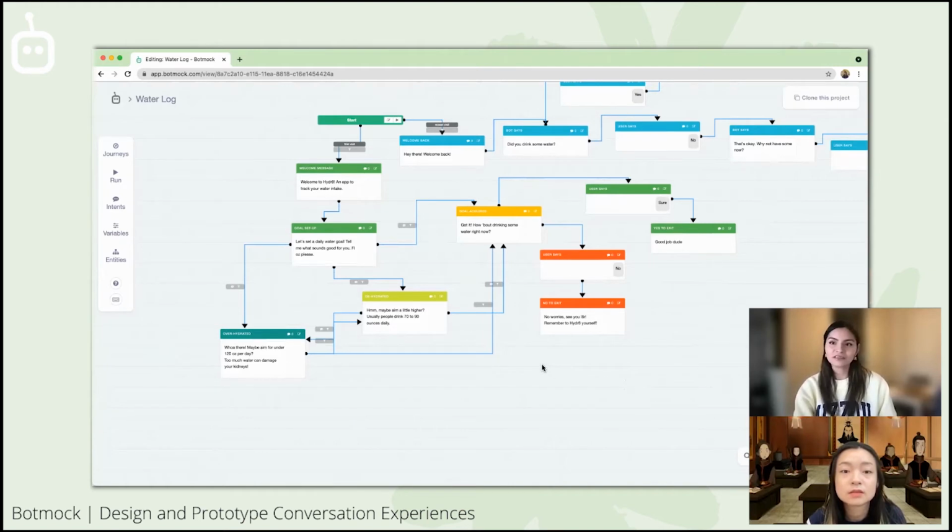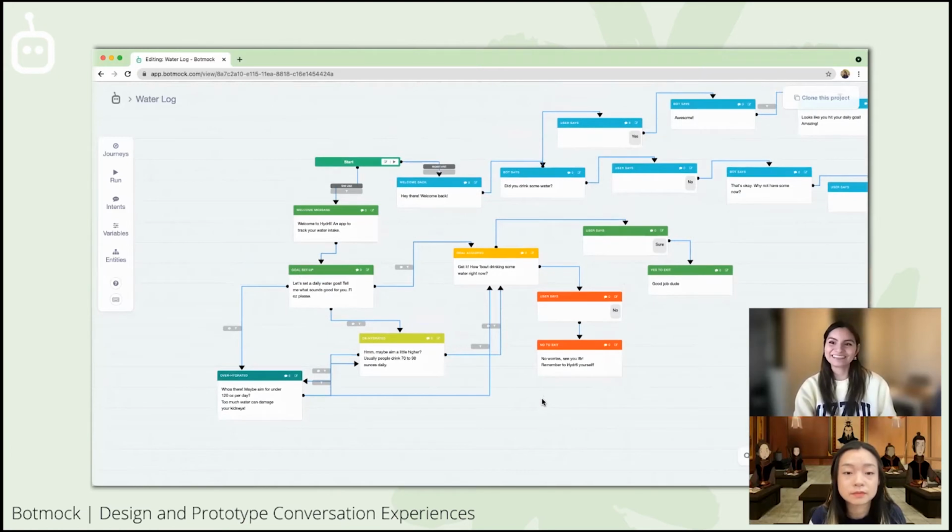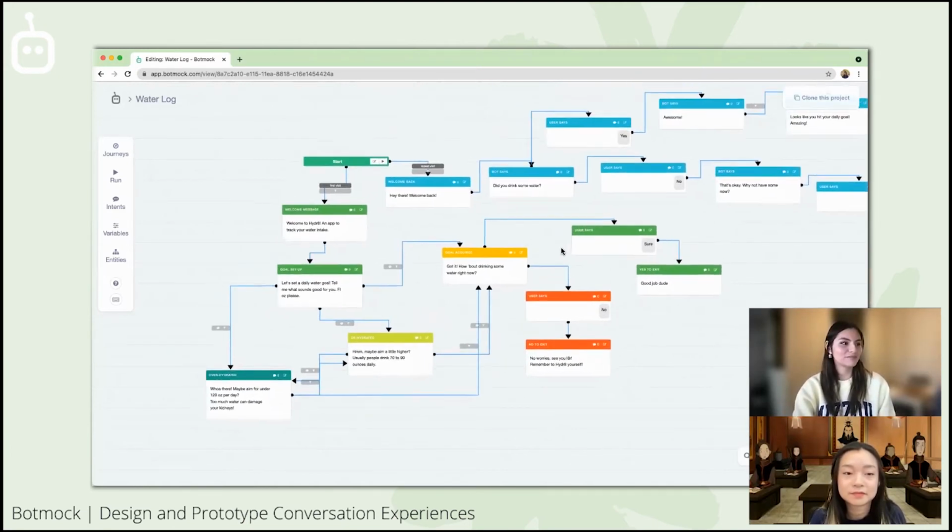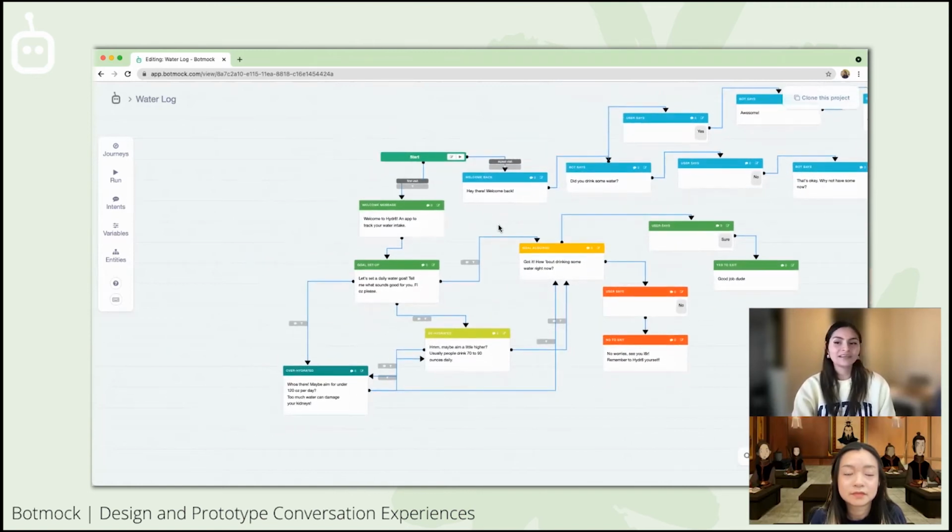And then additionally, I also presented this design. I shared my screen like I'm doing right now, and I walked people through my project. To give some context, the challenge was to create a voice application to help everyday people track their daily water intake.